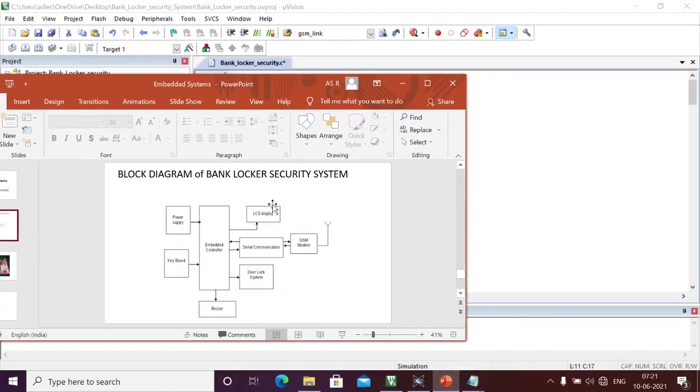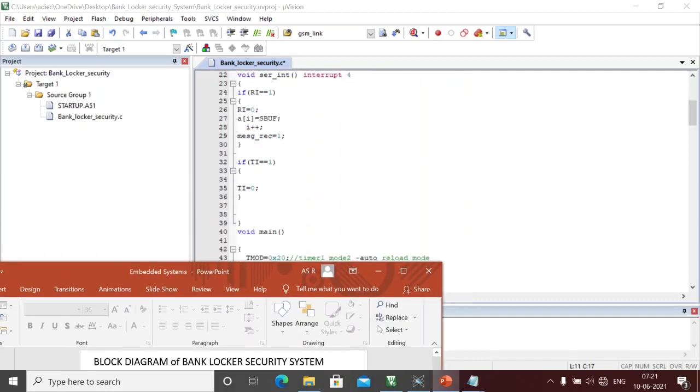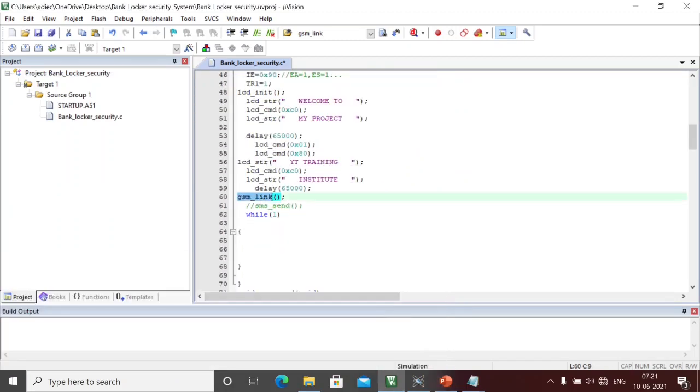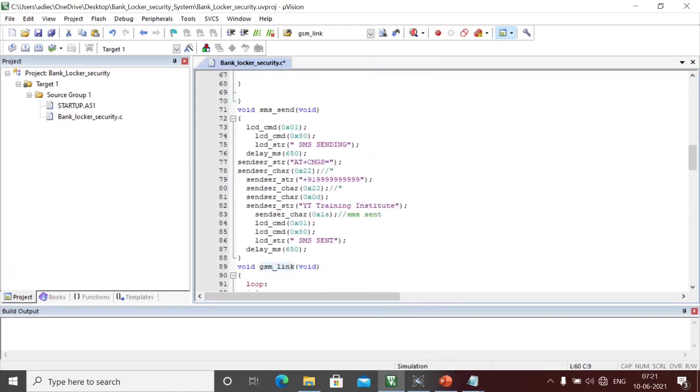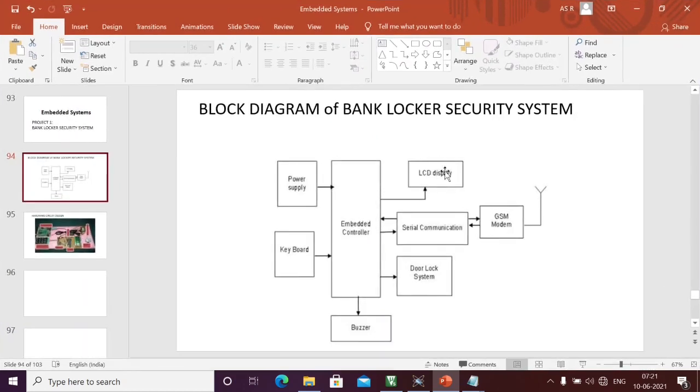Okay, we have the LCD program as well as the GSM sending program. We have called the GSM link to verify whether it is connected or not. After that, we are able to send the message using this send SMS program. Okay, we have all the GSM program as well as the LCD.